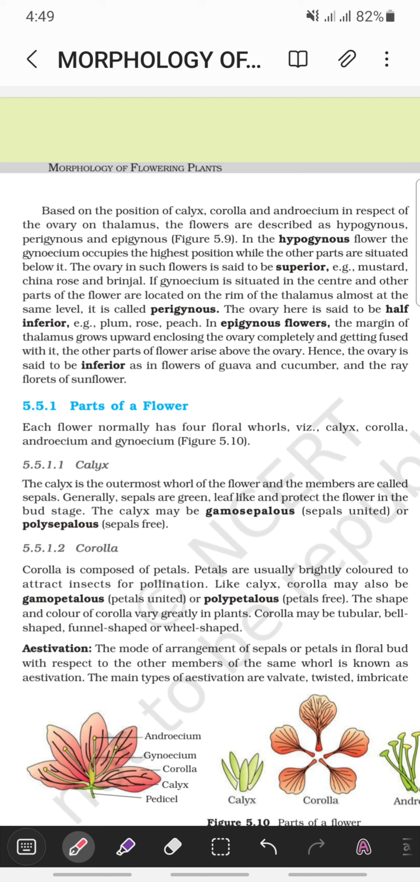In perigynous flowers, the gynoecium is situated in the center, and other parts of the flower are located on the rim of the thalamus, almost at the same level. It is called perigynous. The ovary here is said to be half inferior. Example: plum,